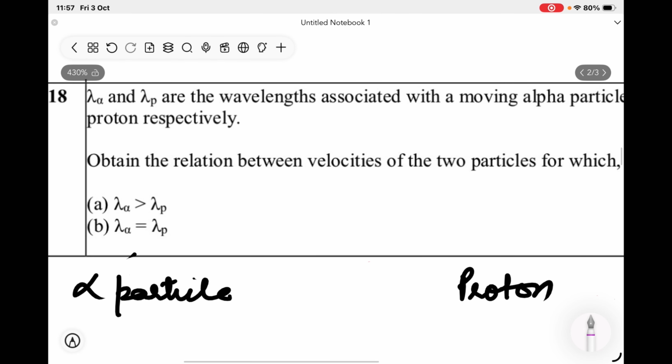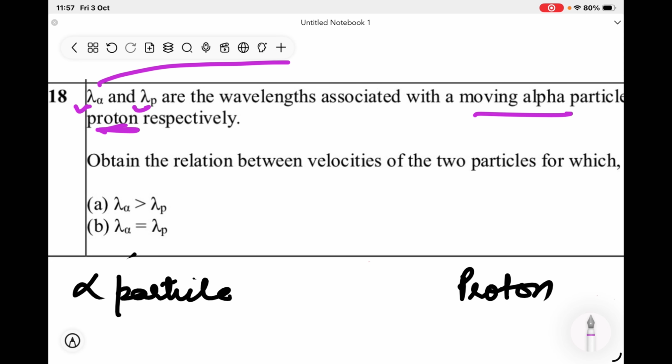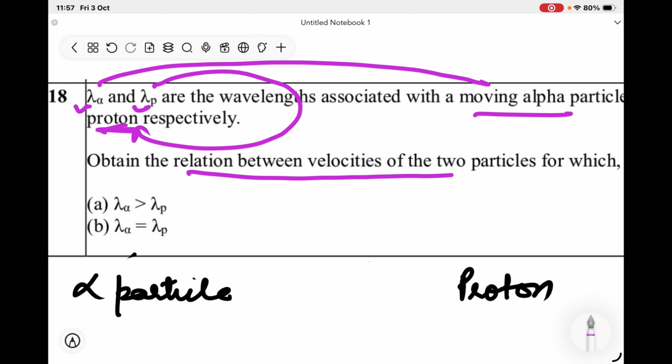So this is the first question. Here it is given: lambda alpha and lambda p are the wavelengths associated with moving alpha particle and proton. So lambda alpha is the wavelength of the alpha particle and lambda p is the wavelength of the proton. We have to obtain the relation between the velocities of the two particles, for which number one, this relation, and number two,